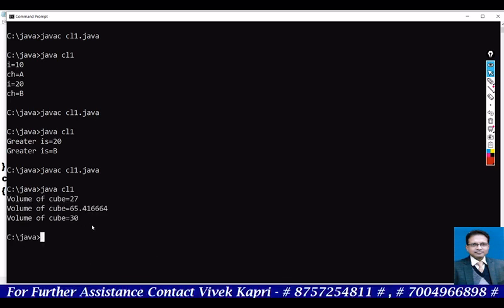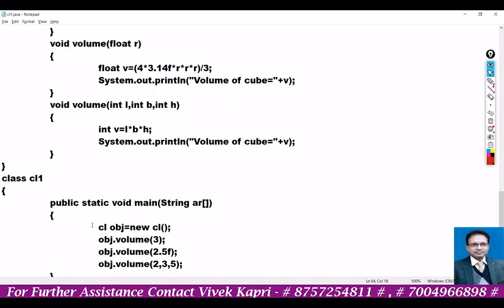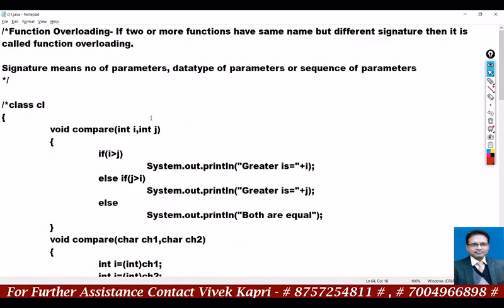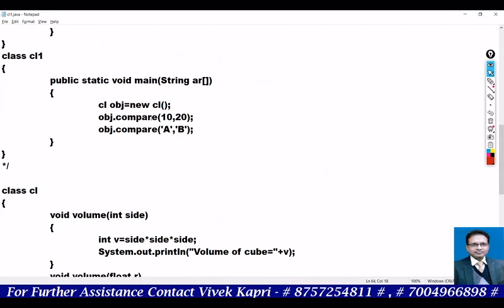Here the volumes of all these three have been printed, calculated. You will calculate at home by using a calculator or whatever resources you have. So in this way we can implement function overloading, and this is one of the most important topics from the board point of view. But later I will discuss the way of execution of function overloading in the second term, because in board examination we can't write the function overloading program in the way I have discussed here, but at the initial stage you would be confused if I implement the main concept of board examination. So you have to go in this way.